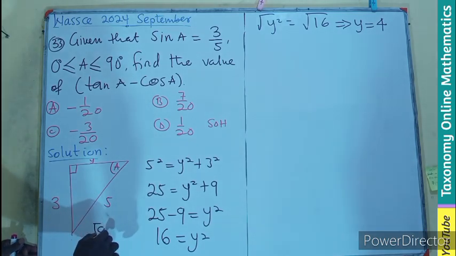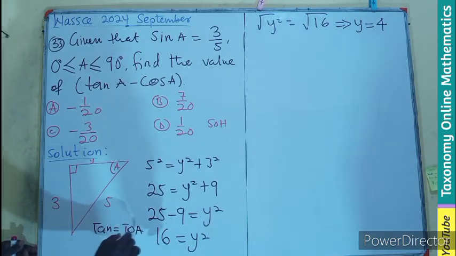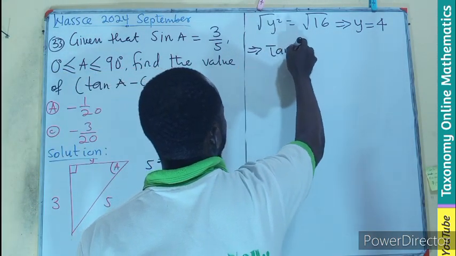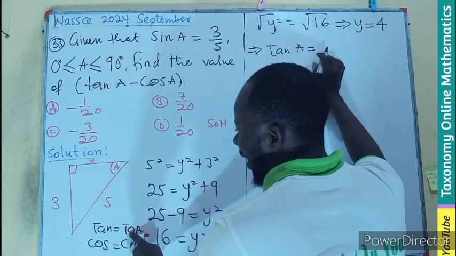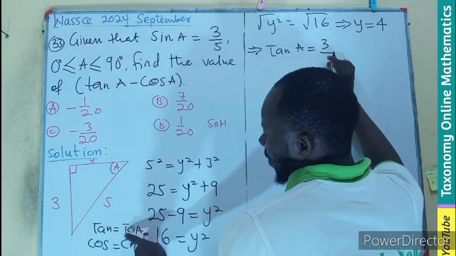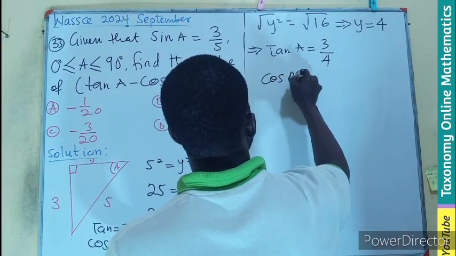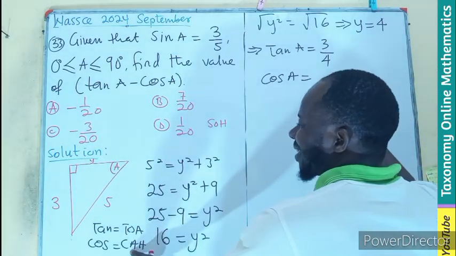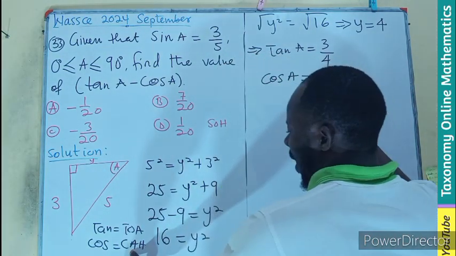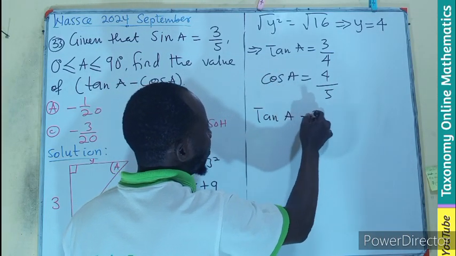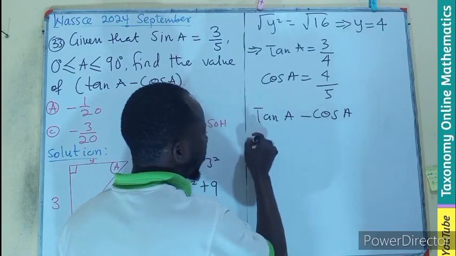Don't forget tan is opposite over adjacent. Cos is adjacent over hypotenuse. So our tan A equals the opposite side, which is going to be 3, divided by the adjacent side, which is going to be 4. Then our cos A will be the adjacent side, which is the 4, divided by the hypotenuse, which is 5. Meaning our tan A minus cos A becomes